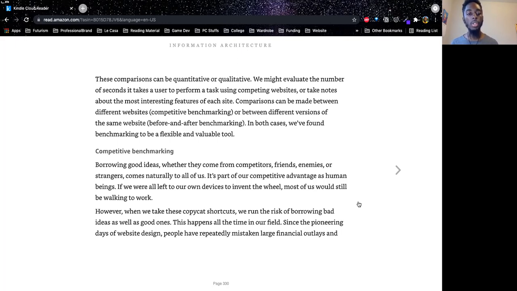For competitive benchmarking, borrowing good ideas, whether they come from competitors, friends, enemies, or strangers, comes naturally to all of us. It's part of our competitive advantage as human beings. If we were all left to our own devices to invent the wheel, most of us would still be walking to work, right? And this is why copyright is a goddamn